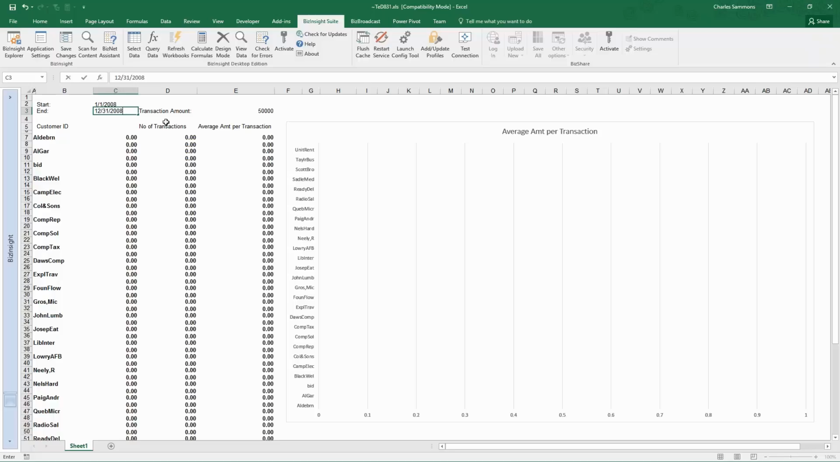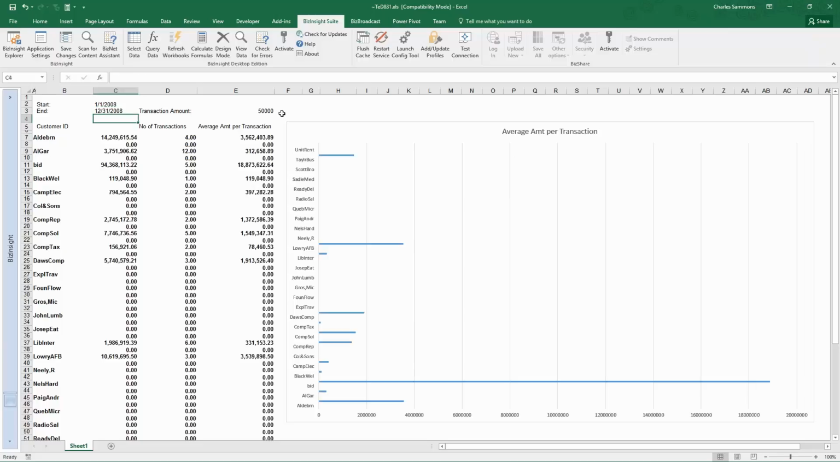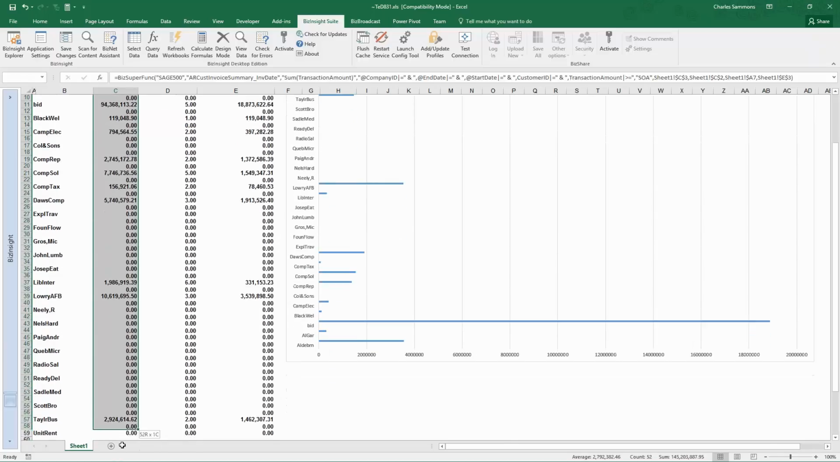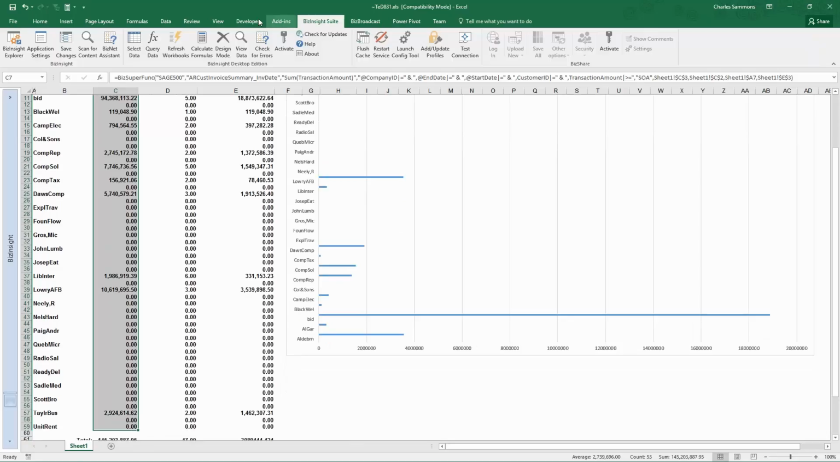I'm going to change my start and end date to reflect 2008, and now it's going to go out and refresh that report for me, and it's going to show me who my customers were for 2008. Okay, and I can even do things like conditional formatting, so that if I come in here,